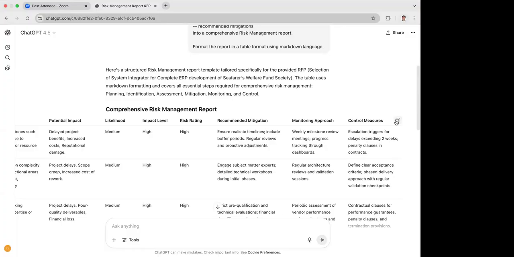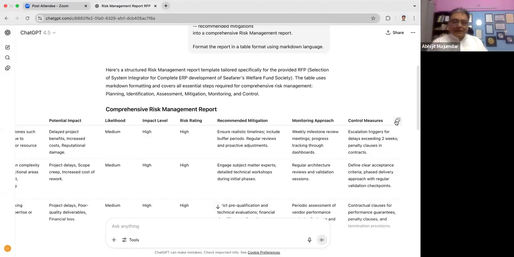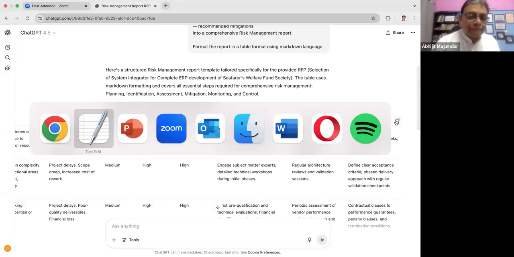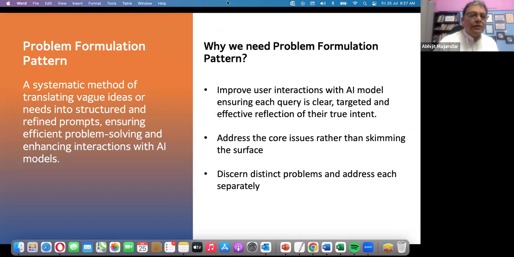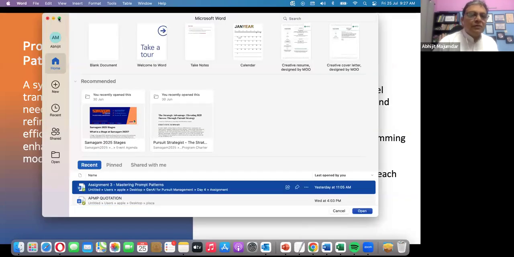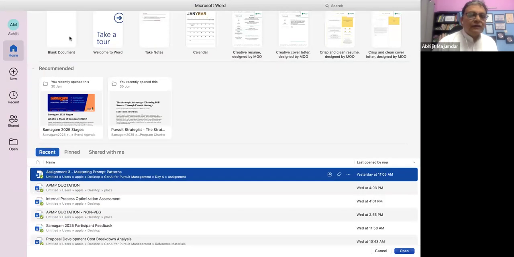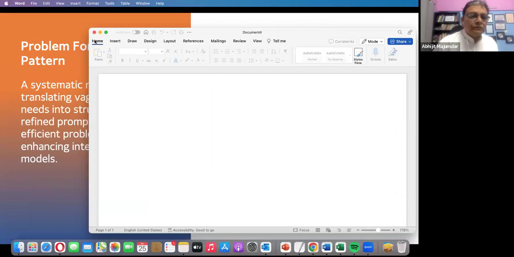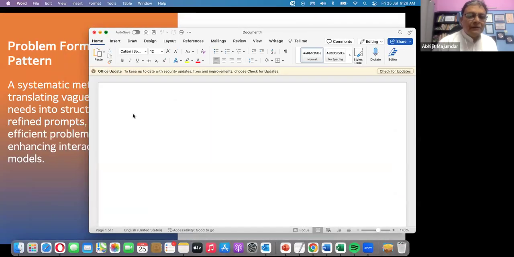You will not see it over here, but when you paste it, let me show you how it looks. Okay, here I go to Word. If I paste it over here,